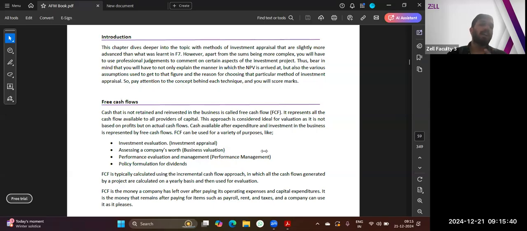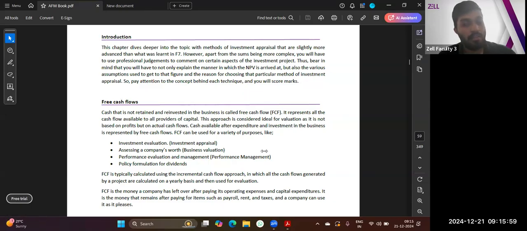Free cash flows is nothing but kind of cash flows. Now, if I have to do a calculation, I would say free cash flows is nothing but my EBITDA. We all know accounting